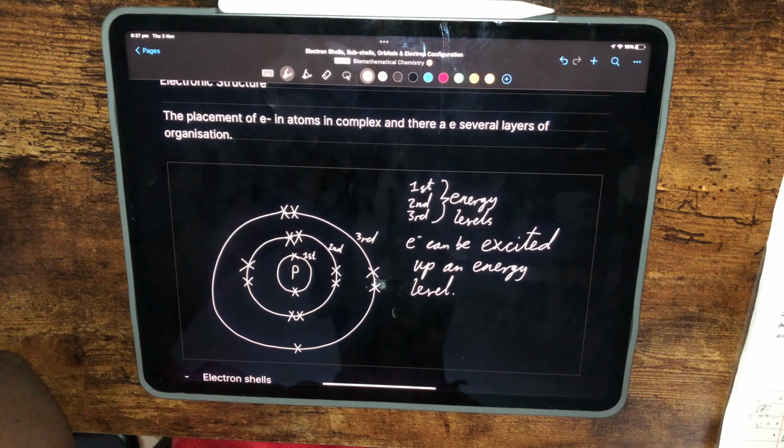An S subshell can have 1 S orbital. A P subshell is made up of 3 P orbitals, and a D subshell is made up of 5 D orbitals. And orbitals of exactly the same energy are called degenerate. So if I was to show you the box method for this, you'd have